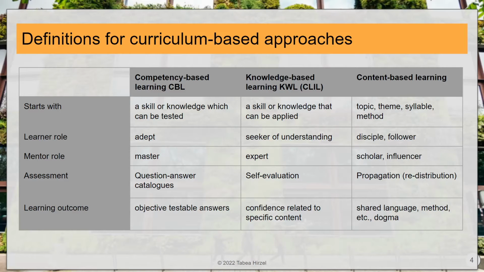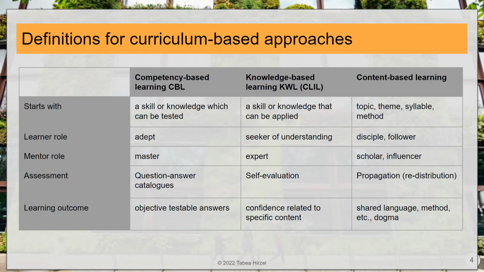The learner in competency-based learning is more like an adept who becomes a master, like judo, for example. All Asian martial arts are following a competency-based learning approach. If you have done martial art, you have a full understanding how that works. You have a catalog of things you should know and do, even a vocabulary, certain movements, certain katas, or in other languages of Asia they are named in different ways, but you have a theoretical approach, a standardized choreography, and you have the free fight, which is more like the applied part of it.